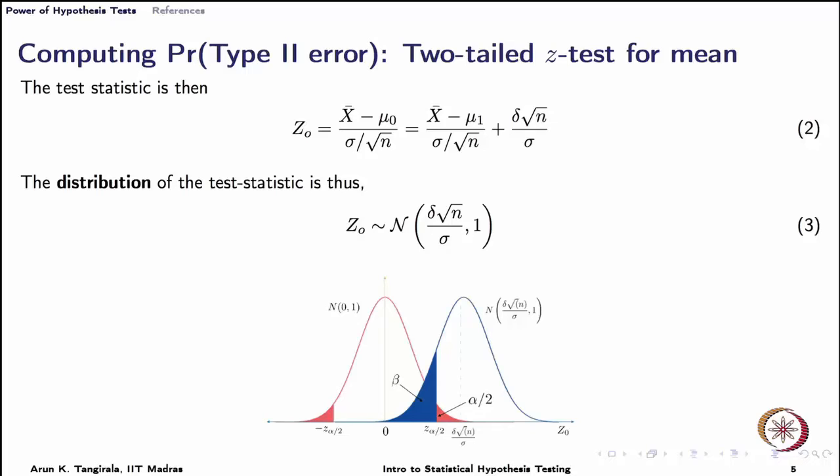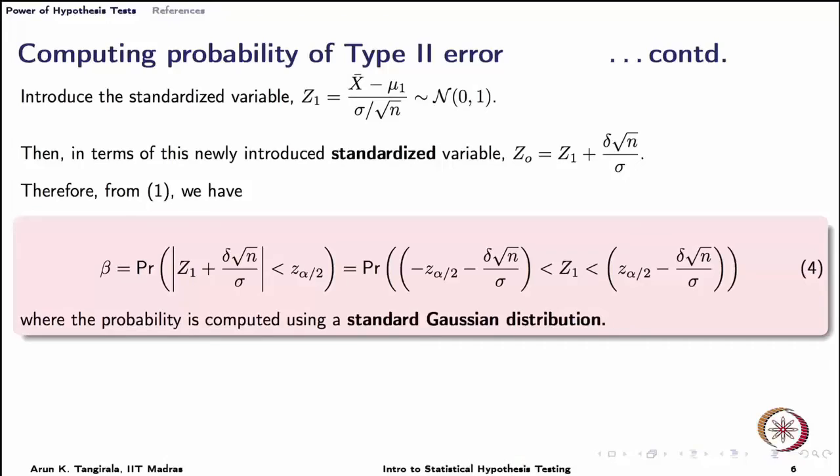We are just showing here qualitatively how the truth would look like when delta is greater than 0. So, hopefully now you understand what beta is exactly. Of course, now what remains to be understood is how to compute beta. So, in order to compute the type 2 error, we are just one step away in fact.